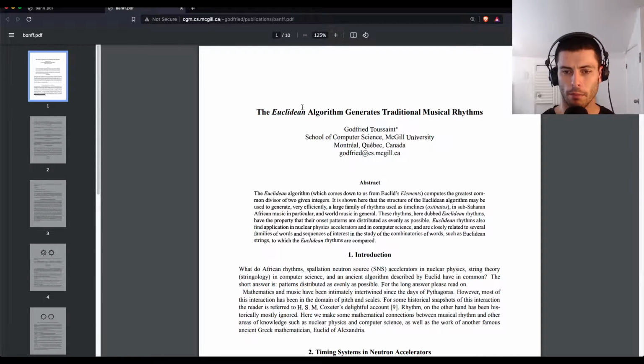And this is a pretty cool topic because of this paper by Godfrey Toussaint, who's now passed, but wrote this paper in 2005 in which he explains how the Euclidean algorithm, which comes from Euclid's Elements, allows us to generate very efficiently a large family of rhythms used in many types of music, particularly sub-Saharan African music, but also Indian music,